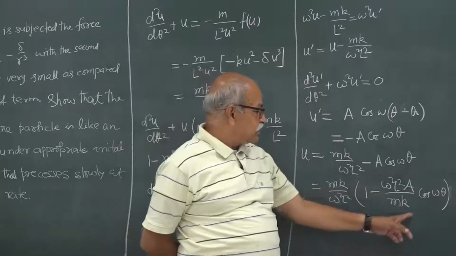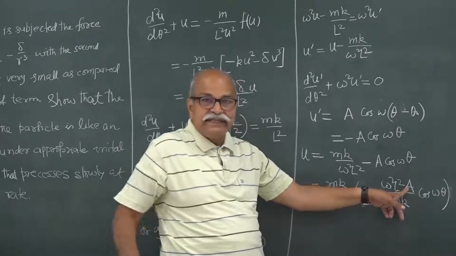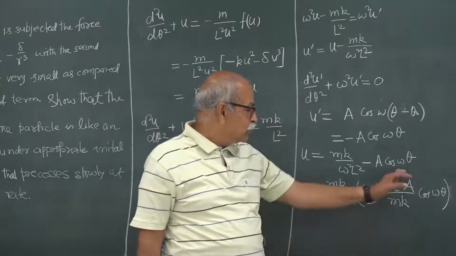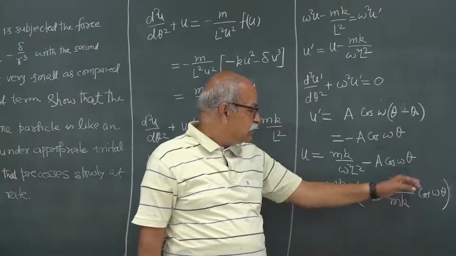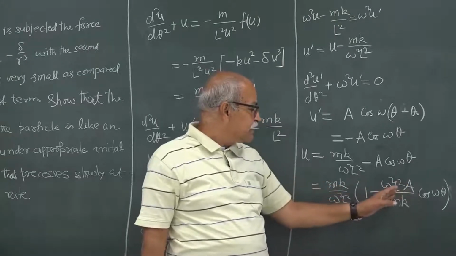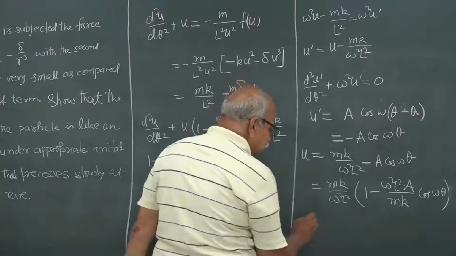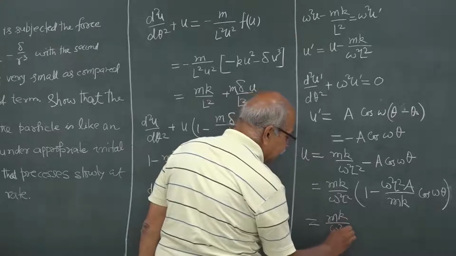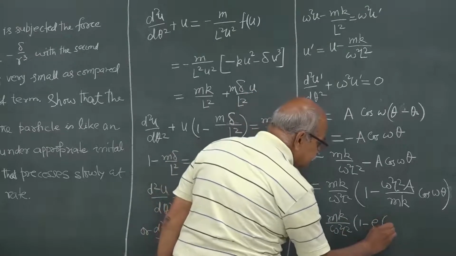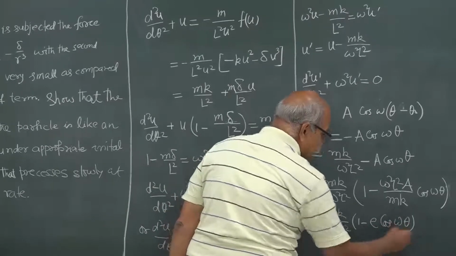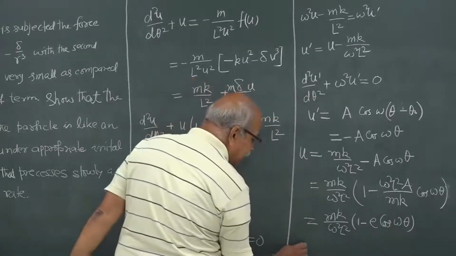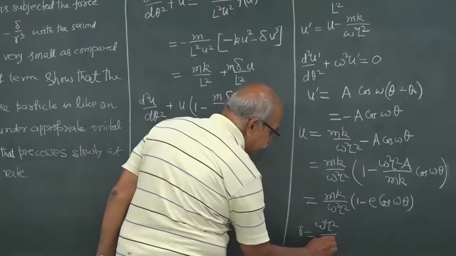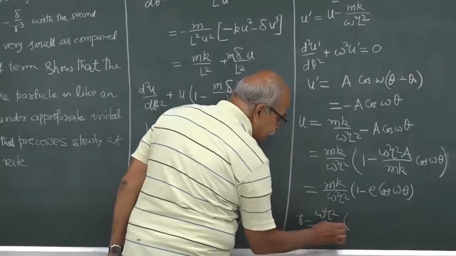Okay, this is another constant. A is an arbitrary constant that depends on the initial conditions, what is the energy and what is the angular momentum, etc. So this whole thing is a constant depending on how you have started the motion, and we write it as small e. So this is m k over omega square L square times 1 minus e cos omega theta, and this is u. So r will be the inverse of this, omega square L square by m k,